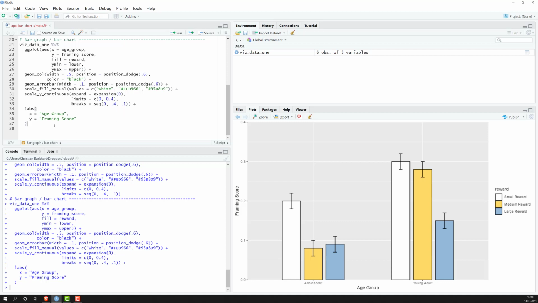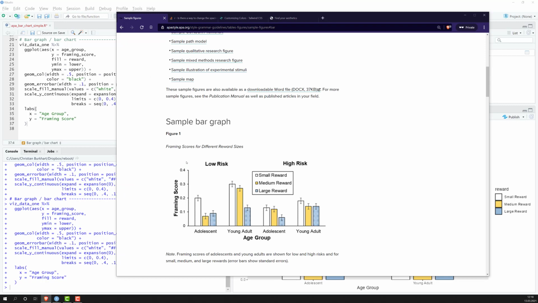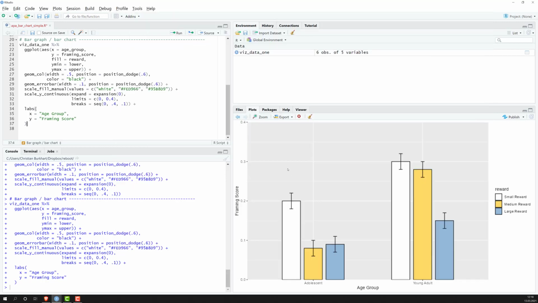Then we need some styling still, right? Because there's a gray background here, a gray panel background, and also I see some grid lines. What I'm missing are the axis lines. They're here, right? The black lines are here, and they're gone here, so I need to add them. So let's go step by step. First thing we need